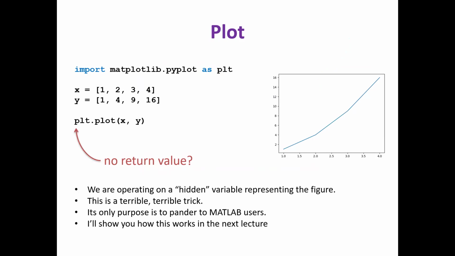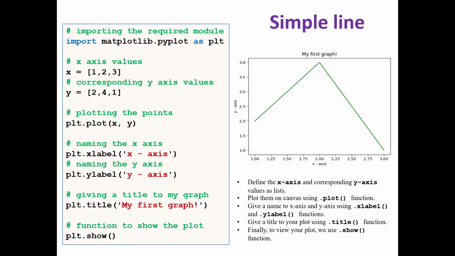So no return value here. We don't need to return anything. Simply you can show the figure and you can save the figure for later use. So this is the title for the plot. We have discussed plot earlier with X label and Y label. The one and only difference here is how to give a title for the line plot. With the help of the title function, we can give a title to the plot.